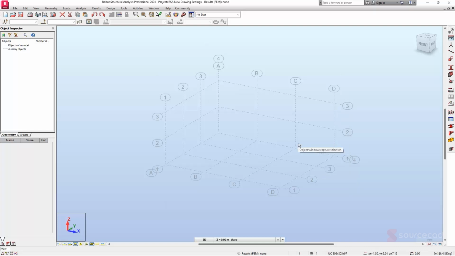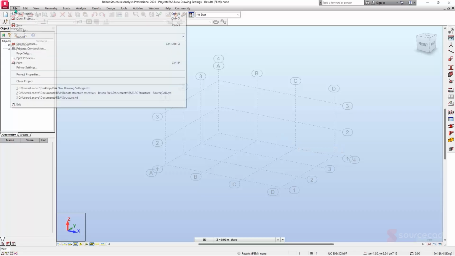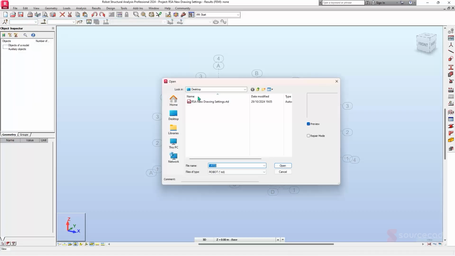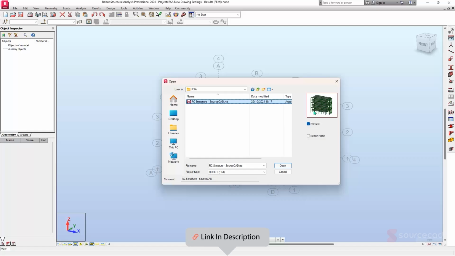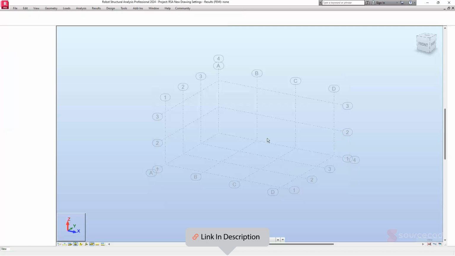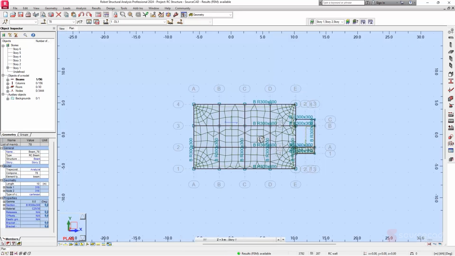So a frequently asked question is, can somebody change their units mid-project? So let me show you what usually happens. If I go to file, click on open project and specify, let's say, a certain project that I have here. This is the project that we have gone through in our completely free essential Robot course, which I have linked down in the description. If I select it and open it, if I wanted to change my units within this specific project,